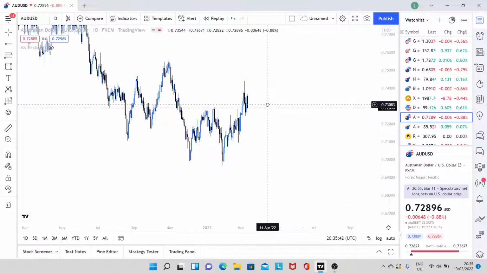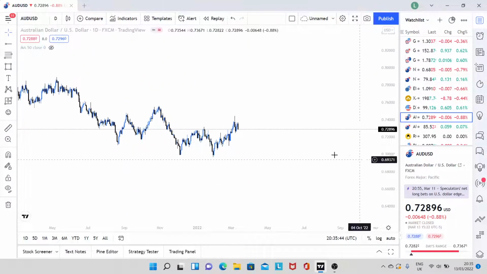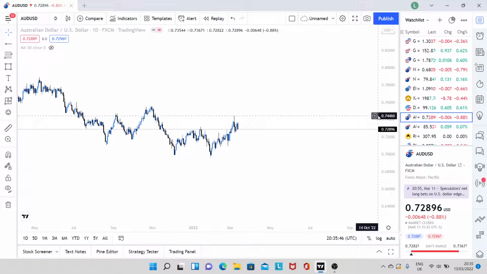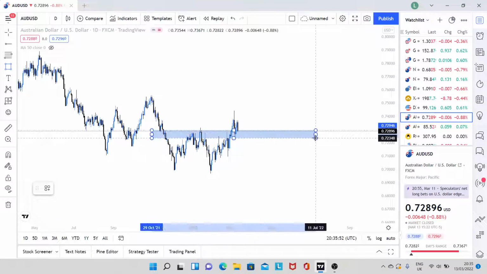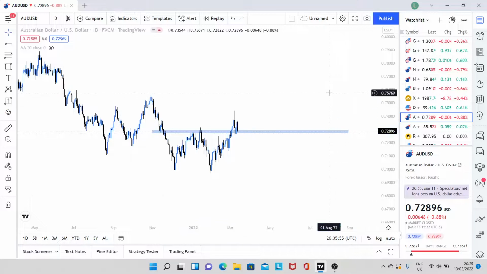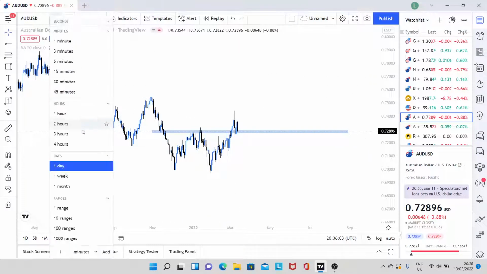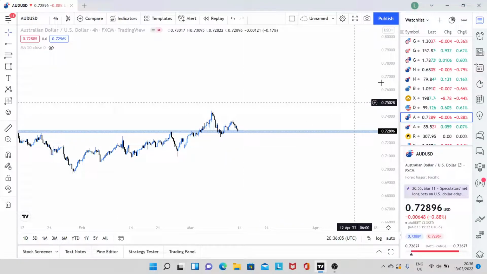Right. So moving on to AUDUSD. So what we have here is a previous touch of some swing highs. So we're going to mark this on here like that. We did have a quick break below, but we didn't really break below it because the second we broke below it, we snapped straight up. So that's the daily zone that I want. Don't see anything else.